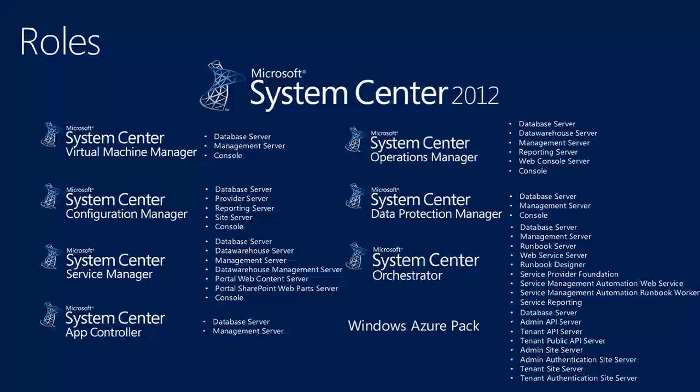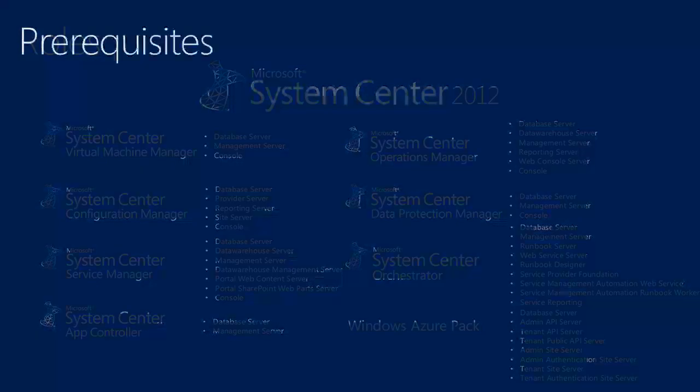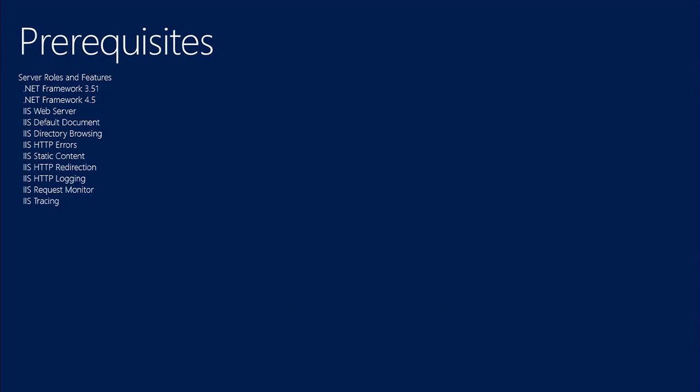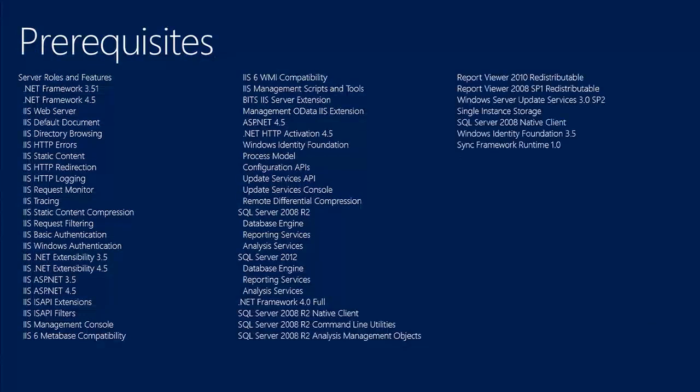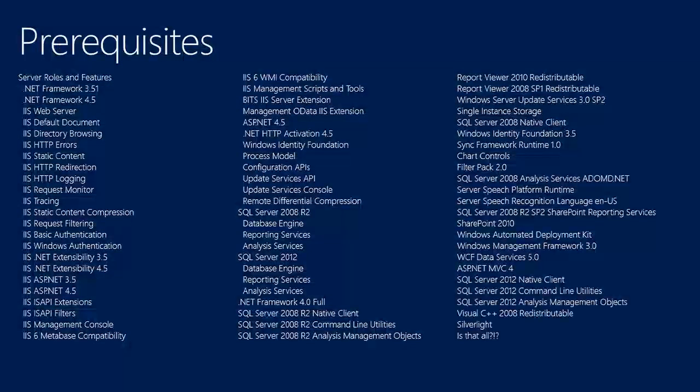Then you take it a step further. Each one of these roles has one or more prerequisites. And there's a lot of them. Some combination of this you have to install before you can deploy those roles. And actually, this is by no means a full list. This was the list for System Center 2012. There were more for SP1, there's more for R2, and there's a lot more for Azure Pack. So the set of things that you have to get installed and set up to do a System Center deployment